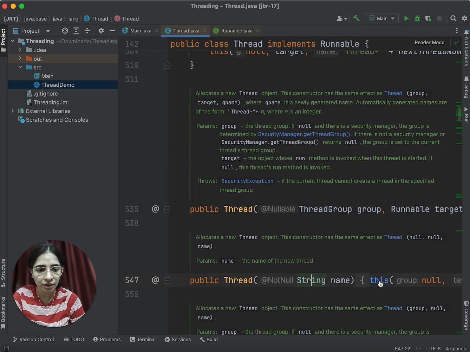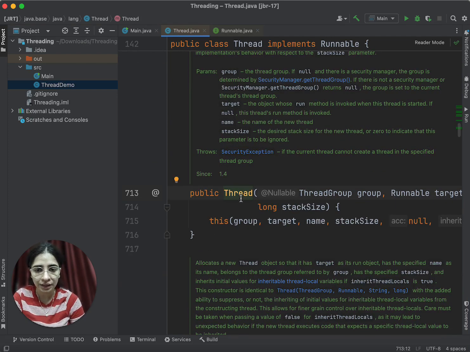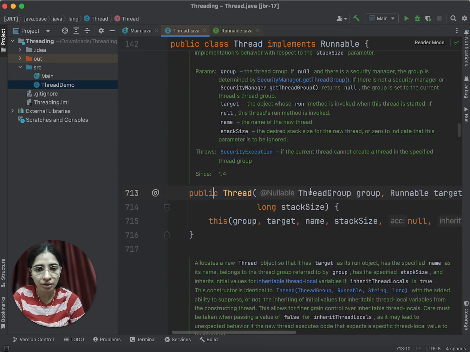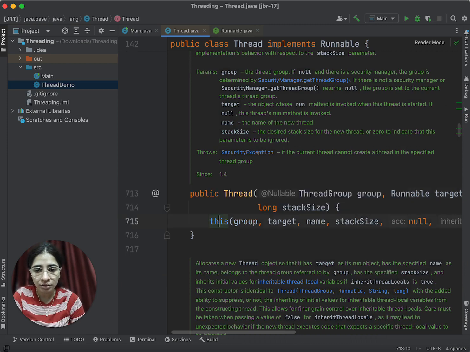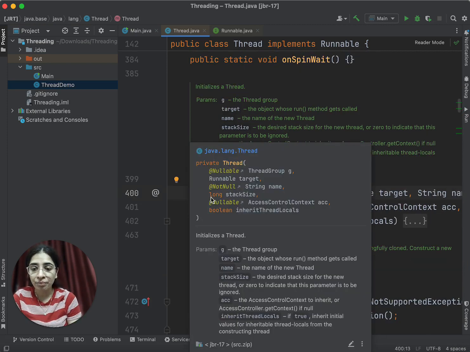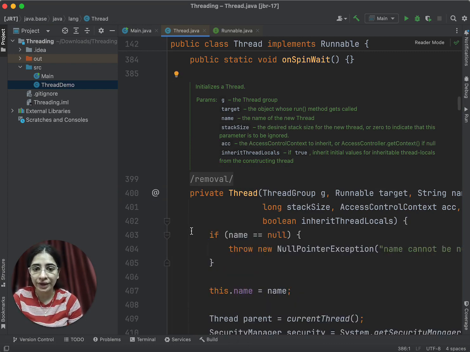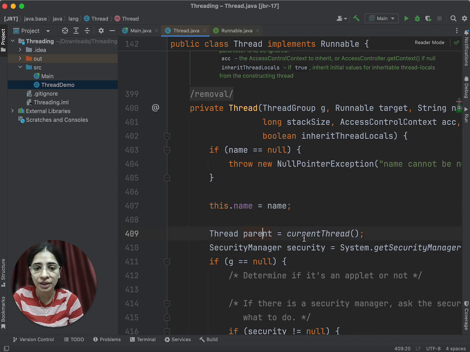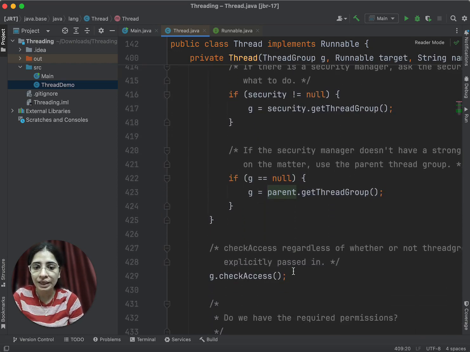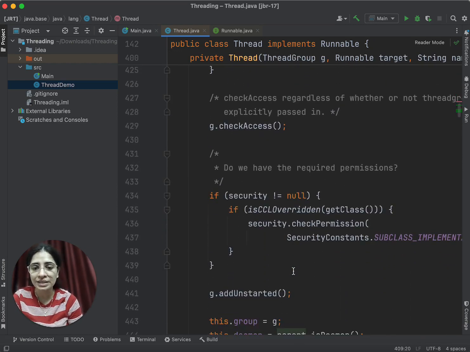If I click on this method, which is again a public constructor, this is calling a constructor which is again private. My point is all the public constructors are dependent upon this private constructor in order to create an object of thread. They are setting everything inside this thread class, and that's how the object of thread is getting created.